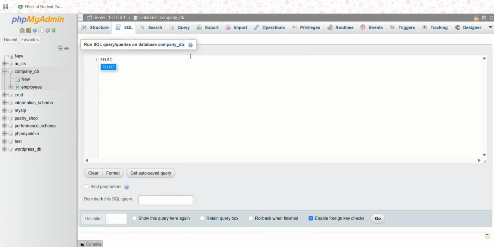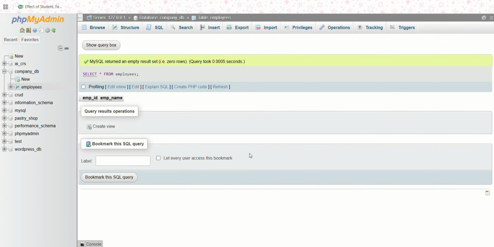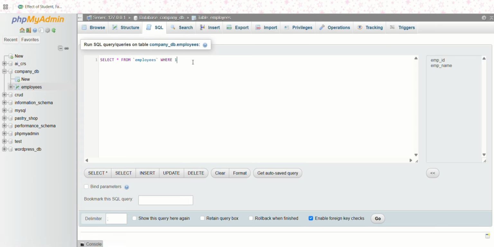So first is the principle of least privilege, which means users are only given the permissions they actually need. Second is using strong passwords, which helps prevent unauthorized access. Third is SQL injection awareness, which involves validating inputs and avoiding unsafe SQL queries. So together, these measures help protect the database from attacks, data corruption, and misuse.